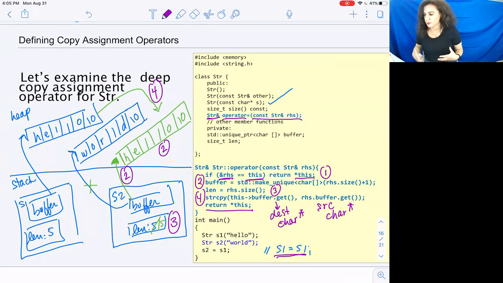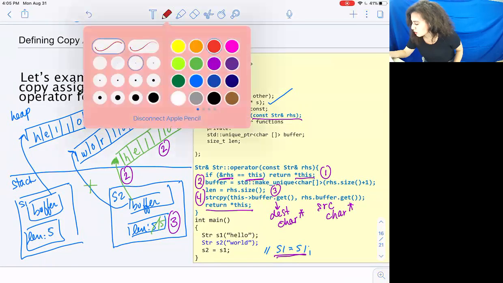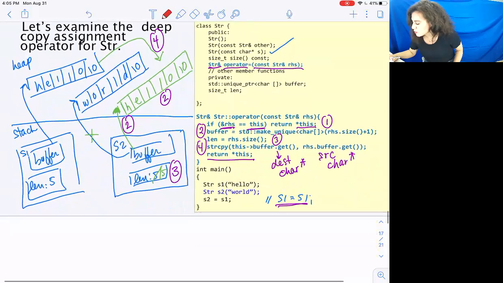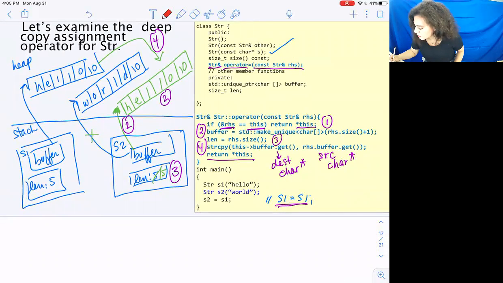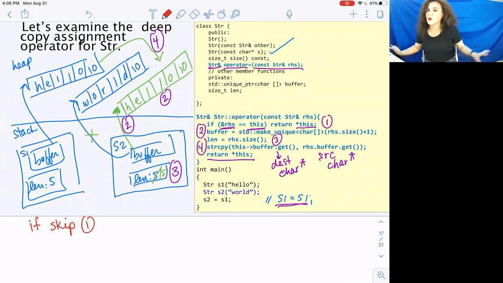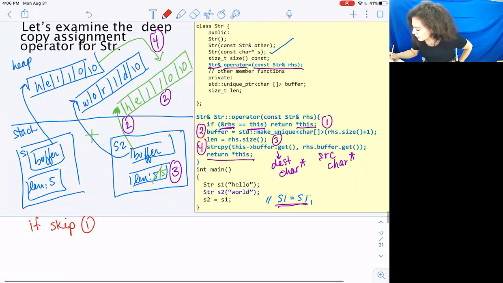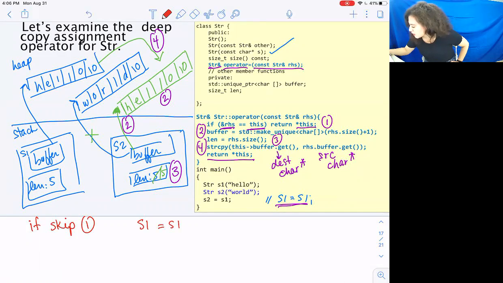Something that can go wrong. So for example, if you skipped step 1, this is what can go wrong. And I just want to draw what happens. So if you skip step 1, things will go badly, but they won't go as badly as segmentation faults because we are using the unique pointer. So what's going to happen? If you skip step 1, so if I had something like S1 equals S1, and I skip this step right here,